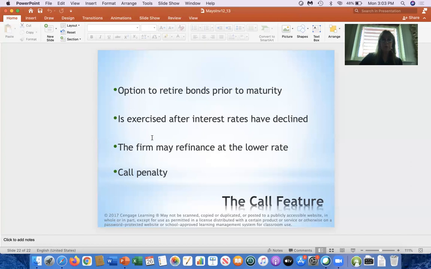So this was short and sweet, just to give you an overview of bonds. And as I mentioned, make sure that you know how to calculate bond prices as well, although I'm not going to hold you to that in this class. You still need to know how to do that. It should be a review from Finance 302. If you're a finance major and you've forgotten that, come see me or contact me and I'll go over that with you